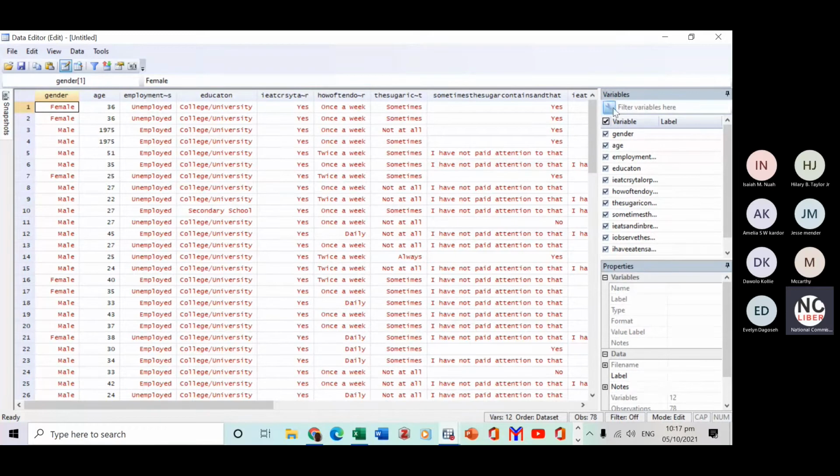You see here in this window, we have the variables. We've got age, gender, employment, education, I eat crystal, powder, sugar, and all the different things. So these are all long names. We can edit them. We can do analysis with these long sentences, but we need to do it in a way that it will look good for the purpose of the work